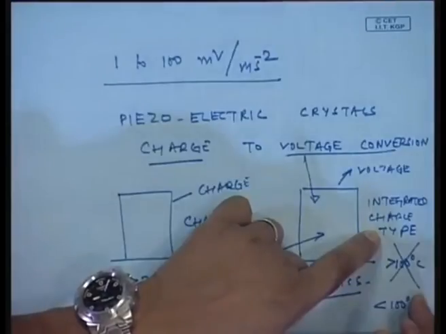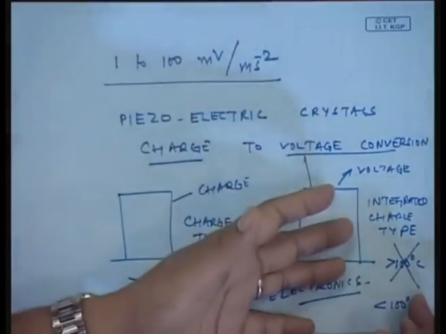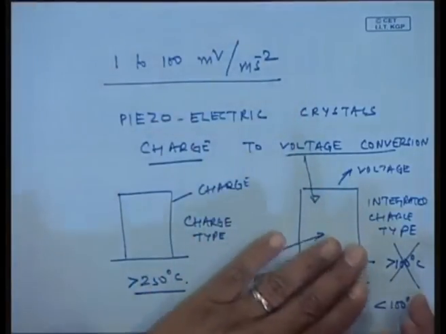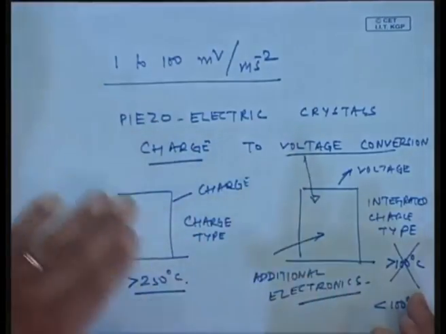We have to use charge type of accelerometers, and this integrated charge type of accelerometers, or ICP type of accelerometers, could be used in room environment when you are doing modal testing, or at low temperatures. But for high temperatures, for rugged industrial accelerometers, you need to always use charge type. So, this selection you have to keep in mind when you are using accelerometers.